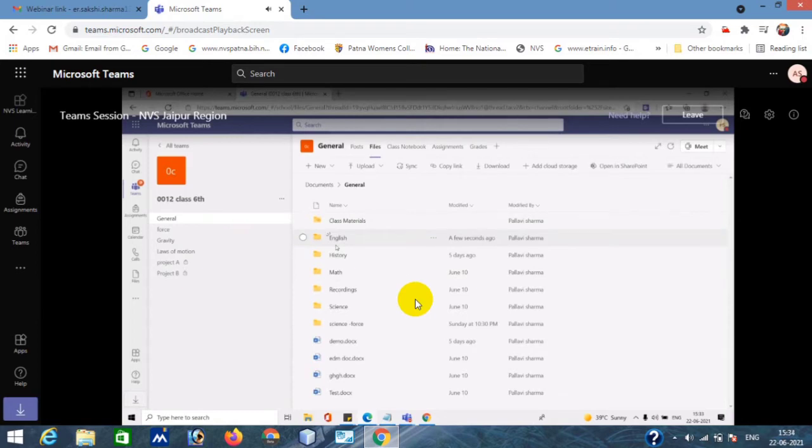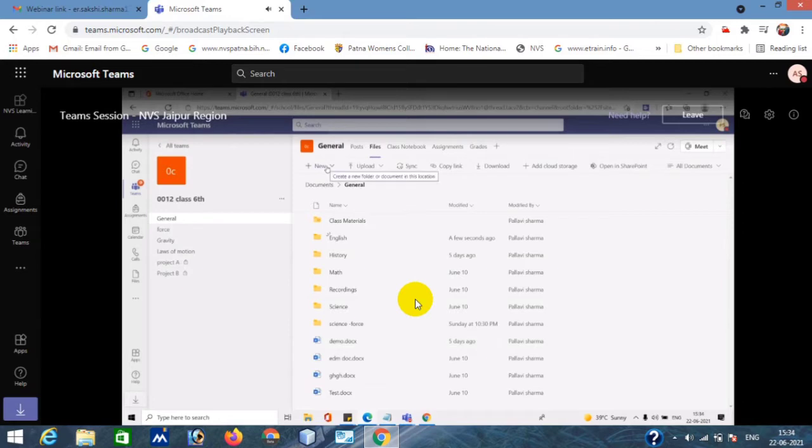So this is the importance of the file tab, and whatever you save in the file tab is not going to be saved in your system. It is directly saved in the cloud, right? So this is basically saving your system memory. So whatever folder you have kept in your system, you can just move here by clicking on upload and uploading the folder from there, right? So this way it will work.